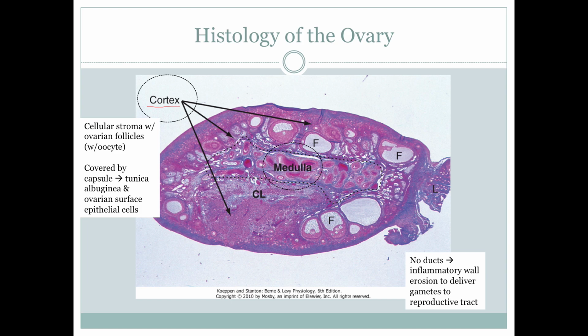Again, this is not a system like the male system where there is a duct. In order for the gametes to leave the ovary once they have matured, they need to engage in an inflammatory reaction to break down the wall that is limiting their ability to travel, and then they will burst out at a pretty high velocity. We'll see a video of that.